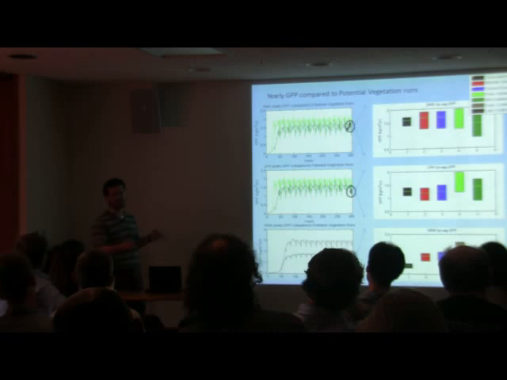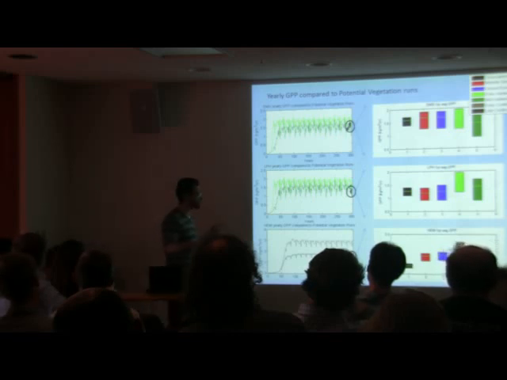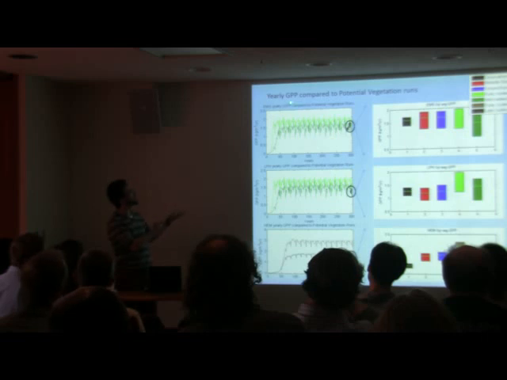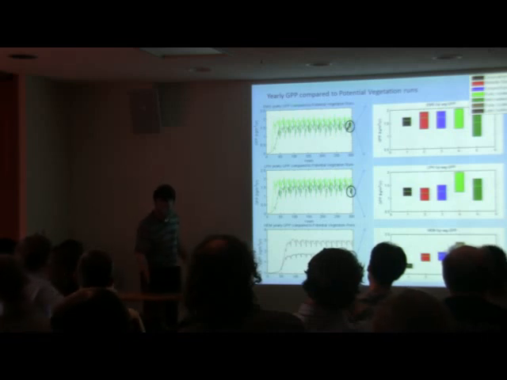So as I said in the beginning, we have the process error. Now that we've reduced the initialization error, there must be something within the process of the model that needs to be dealt with, optimized, constrained. And in this case, for the GPP, it probably is something within the photosynthesis submodel.